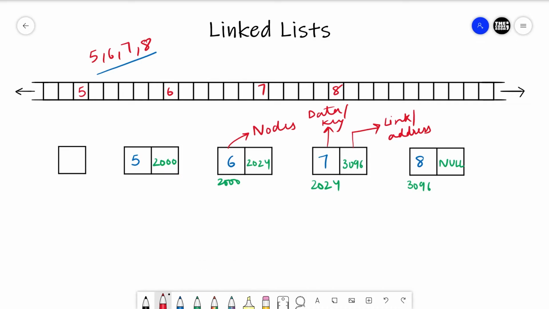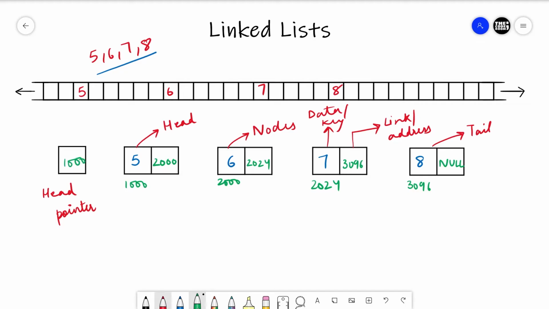The first node of the list is also called the head node and the last node is also called the tail node. Now we have stored the addresses of each element in this list, but we have not stored the address of the head node, so we cannot access it yet. So we store the address of the head node in a pointer. This pointer is called the head pointer. Let's say the address of the head node is 1000. We would store 1000 in the head pointer.